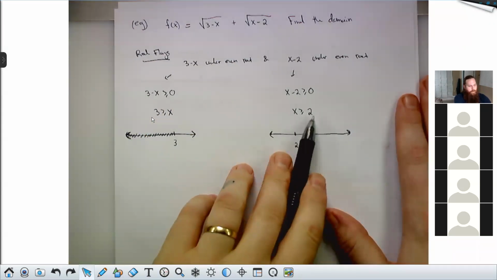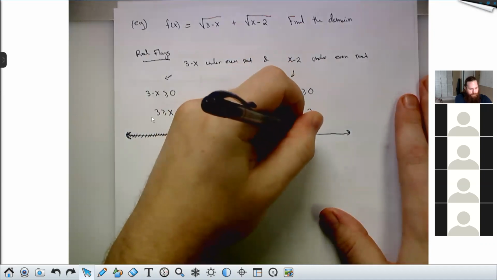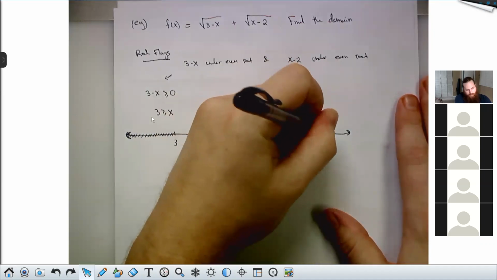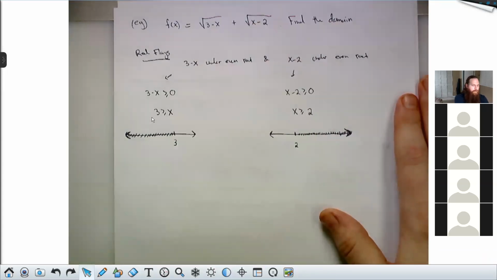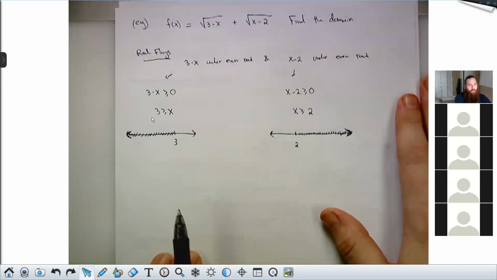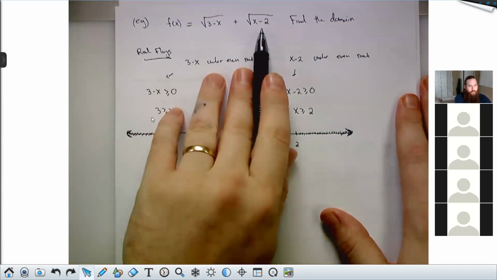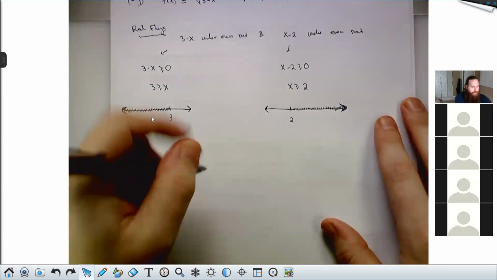And if x is greater than or equal to 2, that's this stuff. Then we have to take the overlap of these, right? Because I'm adding 2 functions here. I have to intersect their domains. The overlap